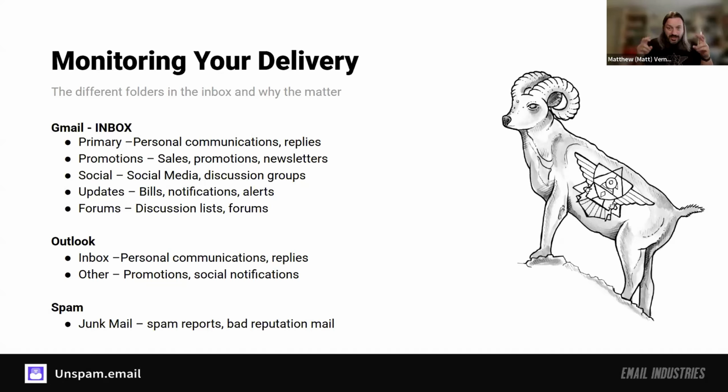Google has two inboxes. They have the inbox and they have what's called the focused inbox or other tab. Other is where they're likely to put marketing messages compared to their focused inbox. And then there's also the spam or junk folder or bulk mail folder, depending on the mailbox provider you're looking at. Tabs are a thing. More mailbox providers are likely going to roll out tabs in the future. So just get used to the idea that if you land in a different tab than the primary tab, you're still in the inbox.